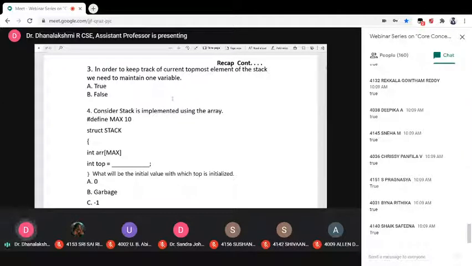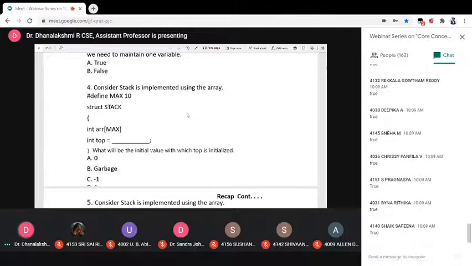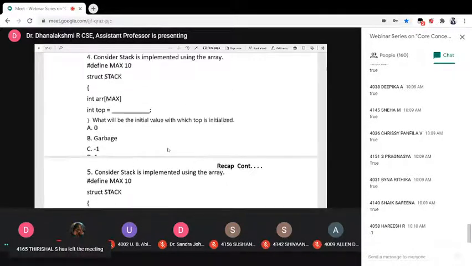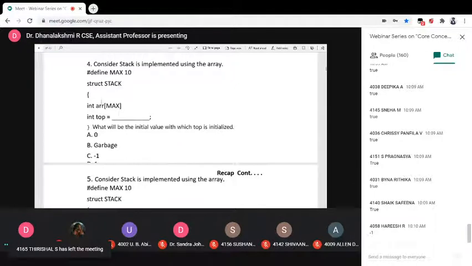The fourth question. Most of them are giving the correct answer. Very good. The fourth one: consider a stack implemented using an array. Here the maximum size of this stack is 10. Now here we are declaring an array of 10, and int top is equal to dash.